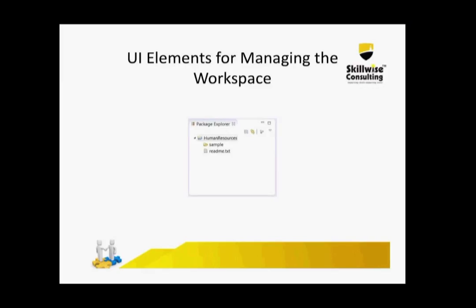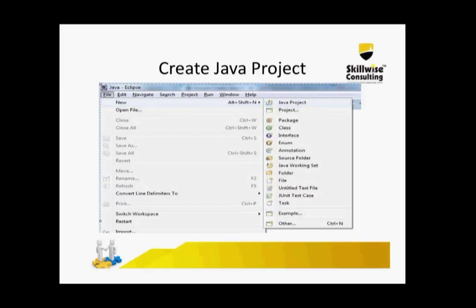Let us talk about how to create a Java project. By doing this, we can see how we are going to use the project explorer, as well as the editor area, and one of the major views, the console view. So these three things we can see out here. Okay, first thing, now